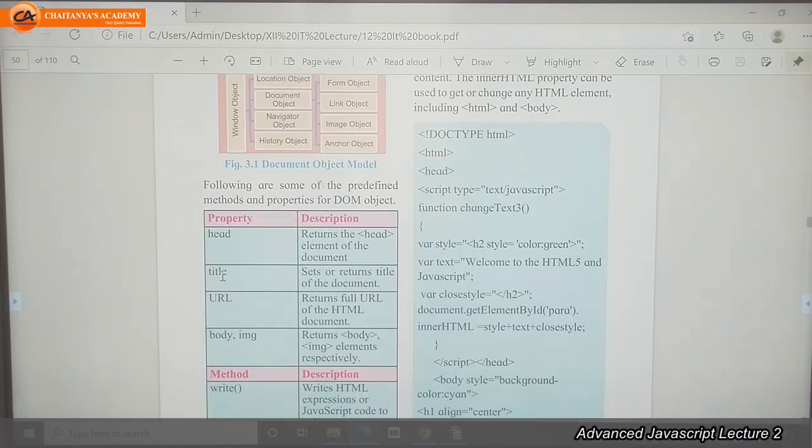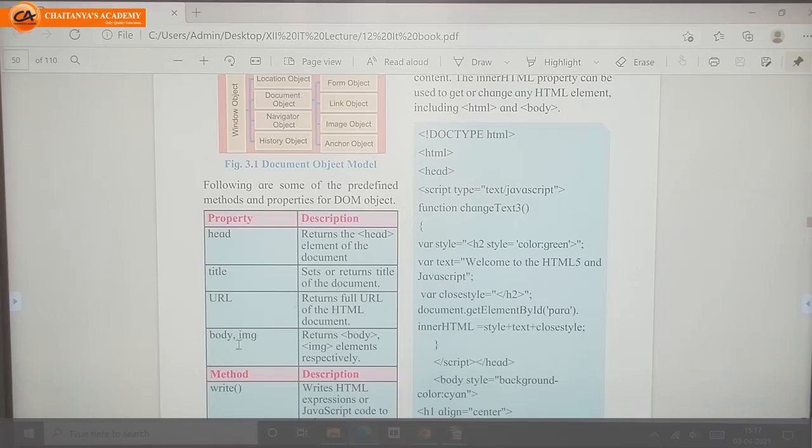We use the title tag to display the title of the window, so title returns the title of that document. With the URL property, it returns the full URL. What is the long form of URL? Uniform Resource Locator, meaning the full path of that HTML document. It will return the full path of that HTML document.